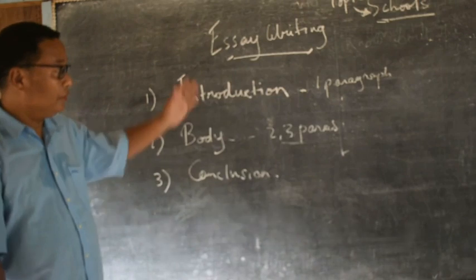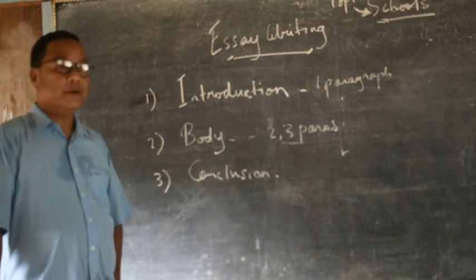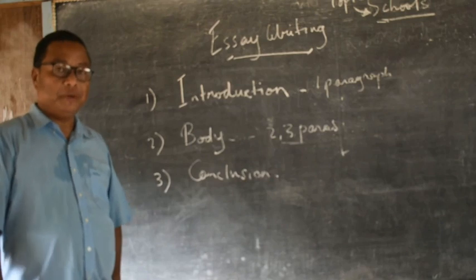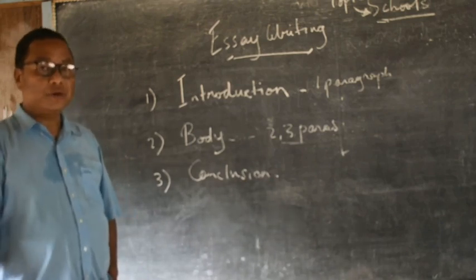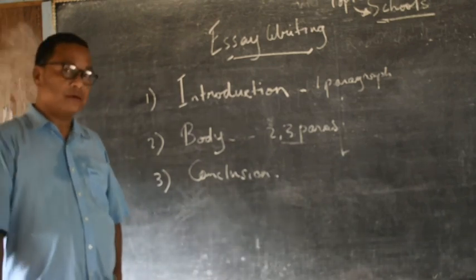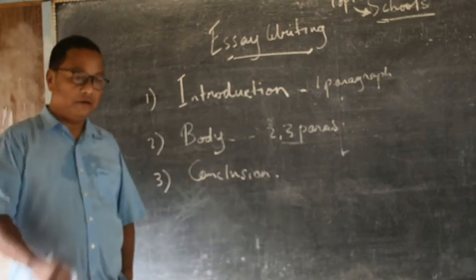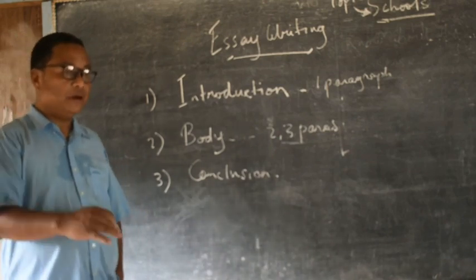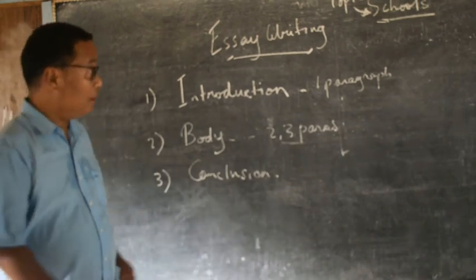Now I'm going to write on the blackboard a topic which will be an assignment, and you must write this, like I said, 3 or 4 times, or maybe even 5 times, and submit to me as soon as possible. I will post on the WhatsApp group the time when you must submit the essay. You will write on a paper and then take a photograph of the paper with a mobile phone, and then send to me the essays that you have written so that I can evaluate your essay. Now I'll just give you one topic.